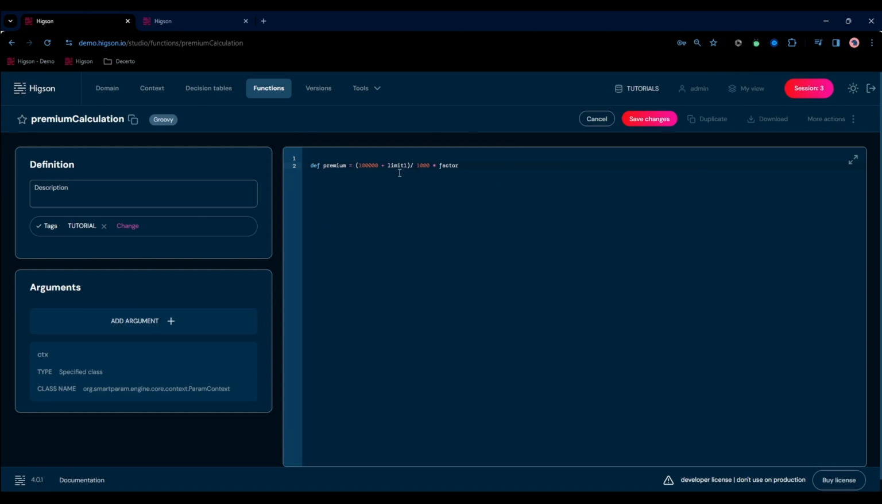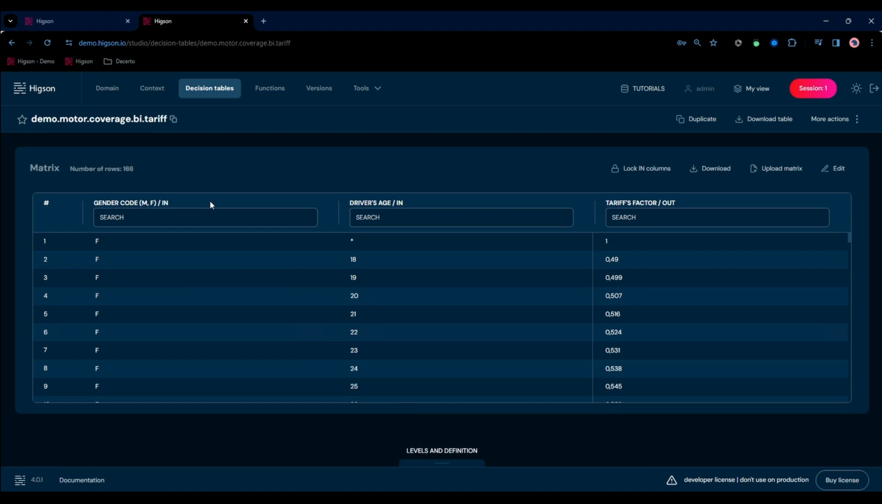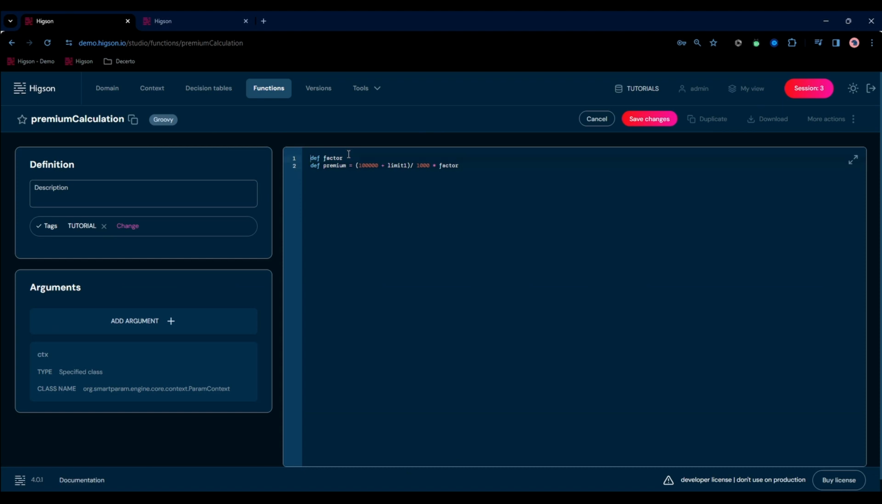We are done with the recipe for our premium, but we need to take into consideration that Higson is just a tool. So we need to define what those non-numerical values are to make this calculation complete. So I need to define what the factor is. And in our case, the factor is the result of the decision table. I will copy the name of it. And because it is the result of the decision table, I will use the command that will point Higson in the right direction. So I will tell Higson,